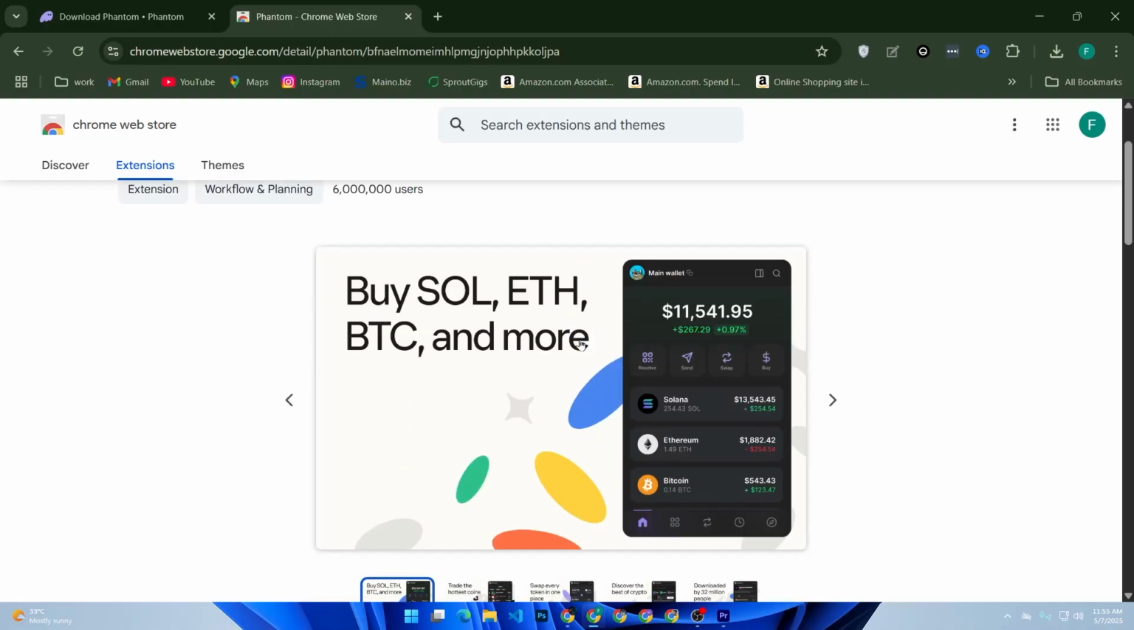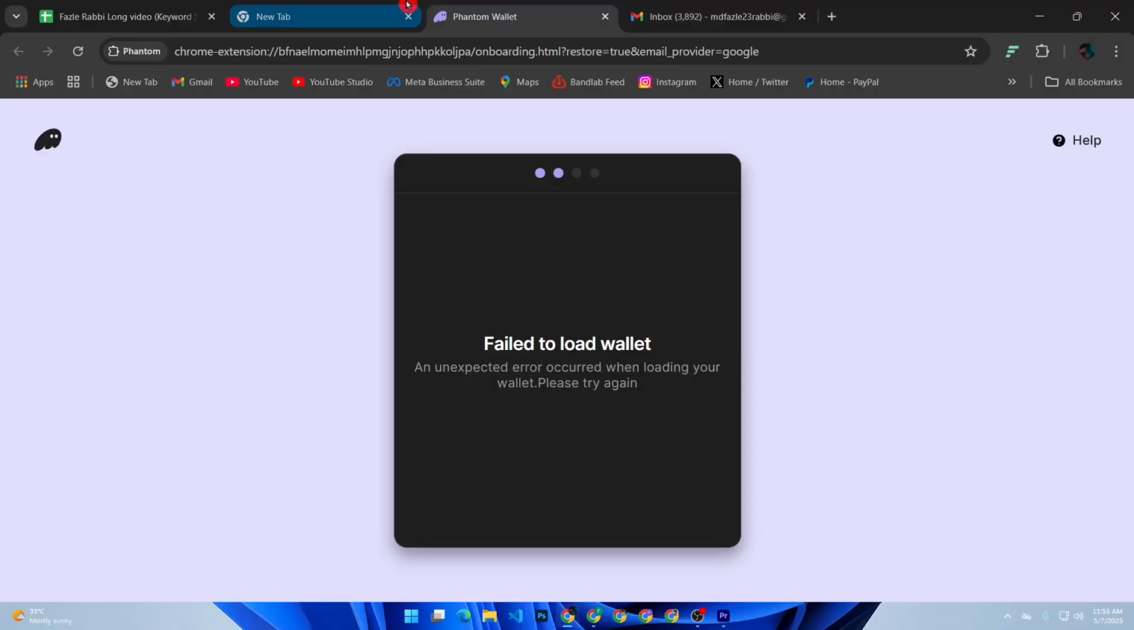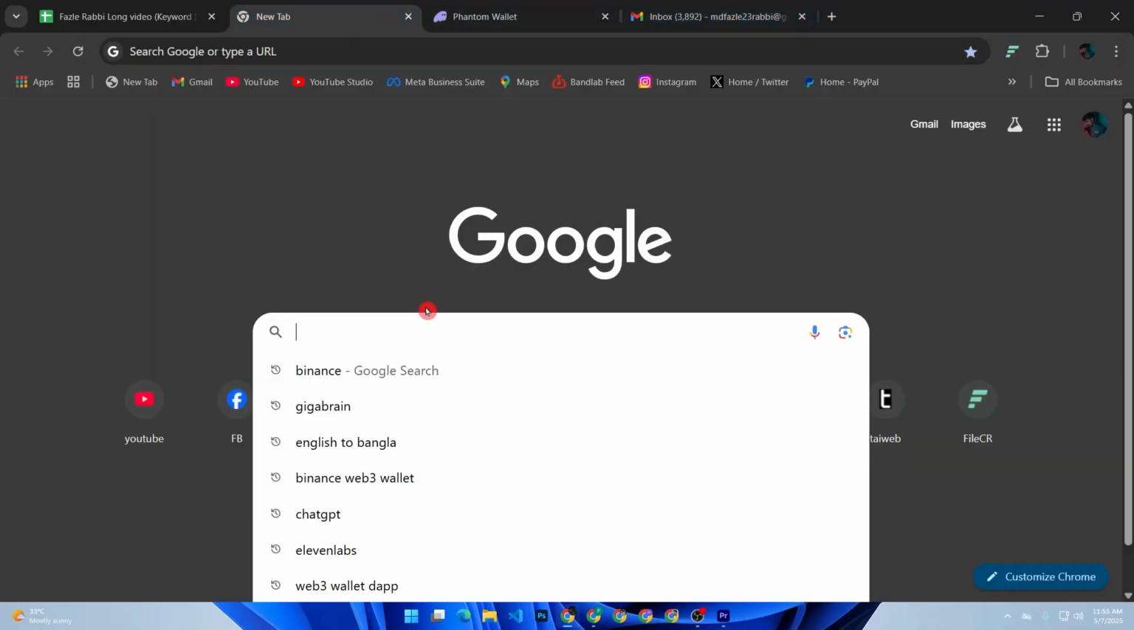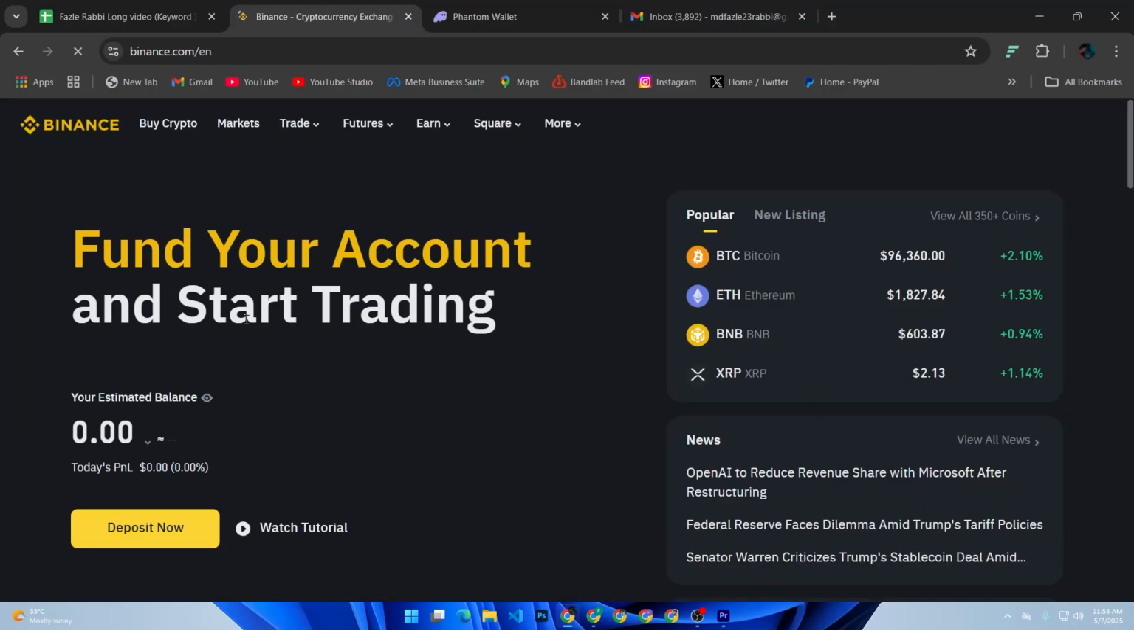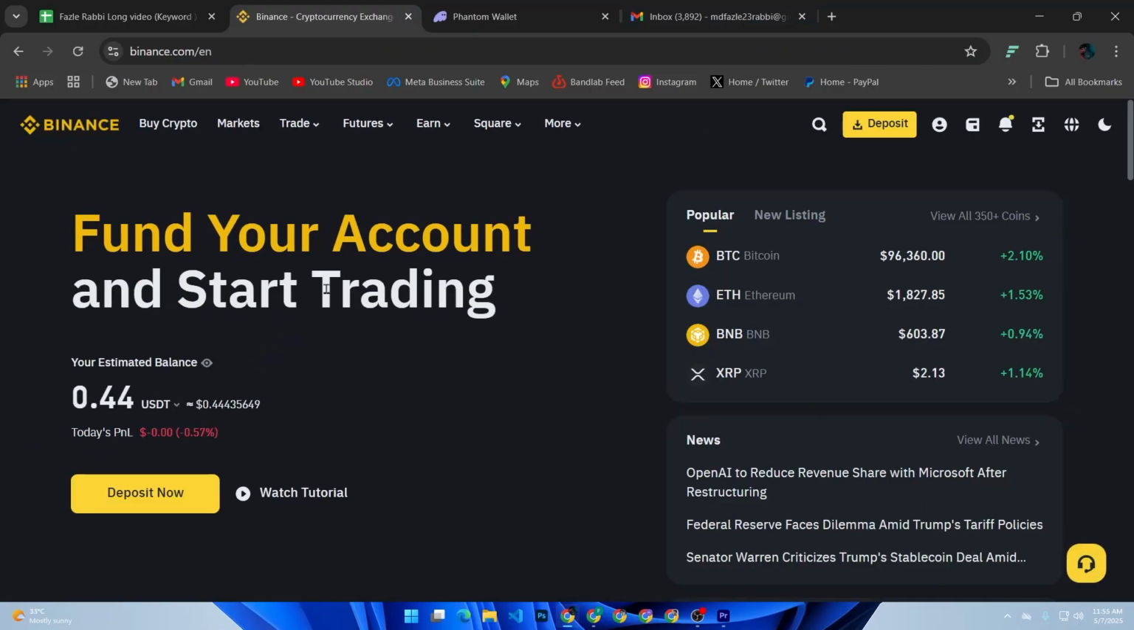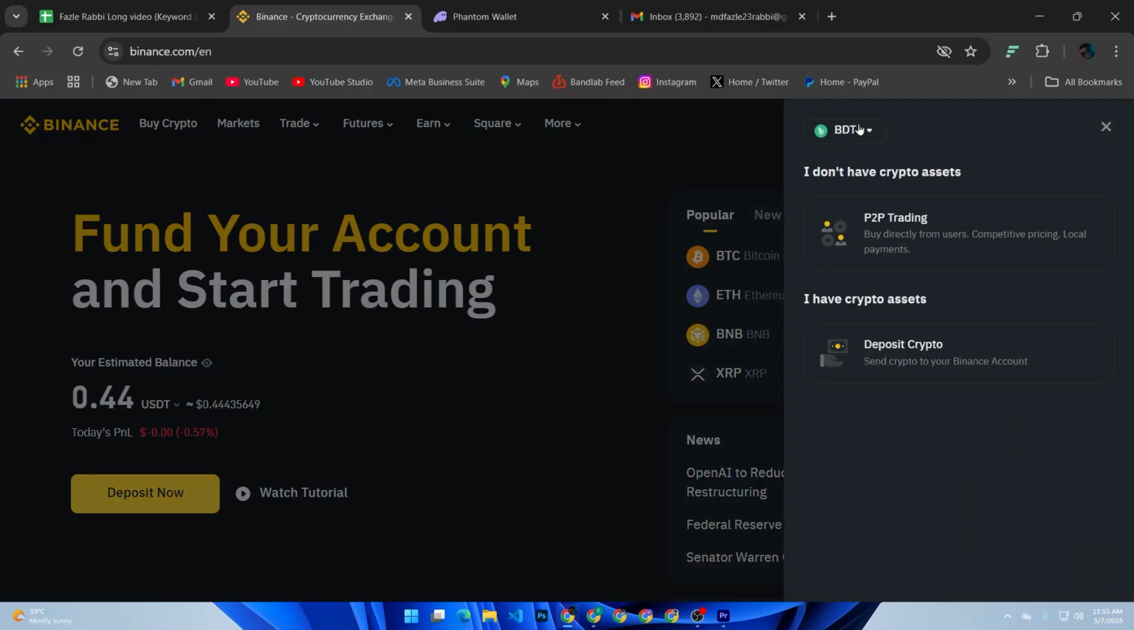First of all, open a centralized exchange that supports both the Solana network and bank withdrawals in your country, like Binance, Coinbase, or Kraken. Now go to your exchange, click deposit, choose the token you want to send, like SOL,